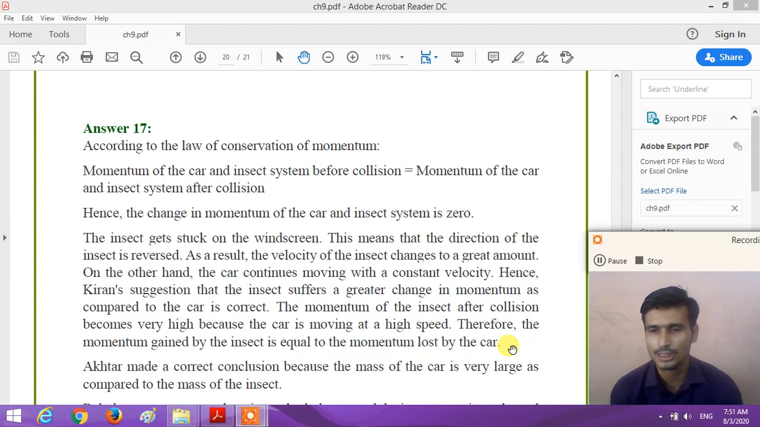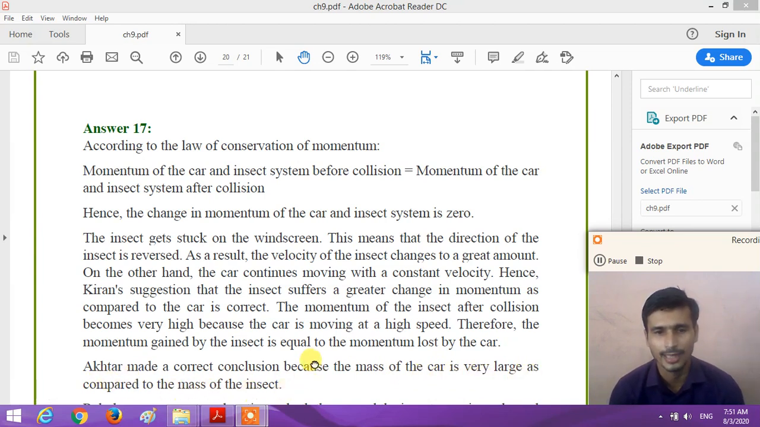So the change in the momentum is the same. Momentum gained by the insect is the same as the momentum lost by the car. So the change in the momentum is the same, and as the change in the momentum is the same, the force acting on each is the same. So Akhtar made a correct conclusion because the mass of the car is very large as compared to the mass